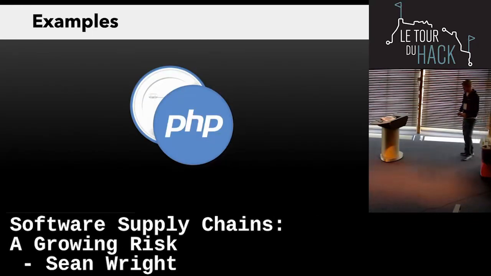Another example, thankfully this one didn't go anywhere, but it could have ended up really bad. PHP. I'm sure we all know or have heard of what PHP is. You have really common things such as WordPress running on PHP. And what the attackers did is they managed to do a malicious code commit to the official PHP repository. If it had got out, you can imagine the impact that would have had. But thankfully, that code commit was caught before it ever got out.